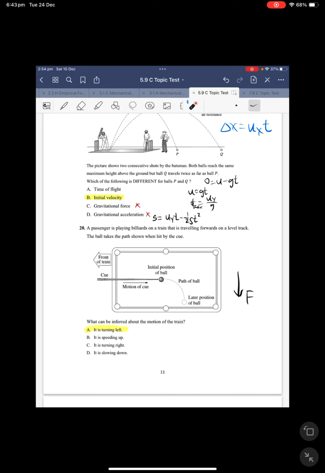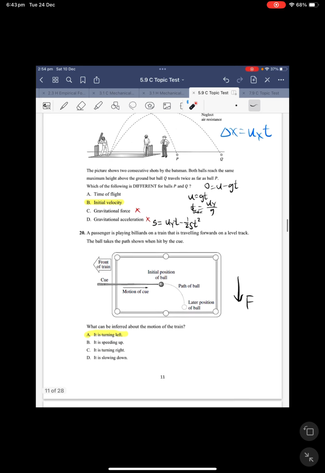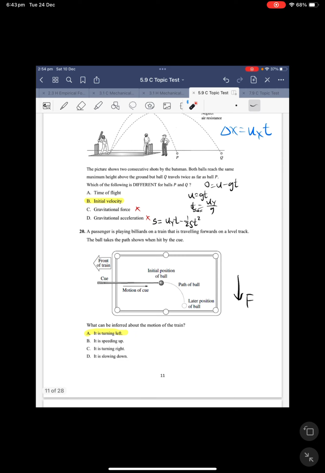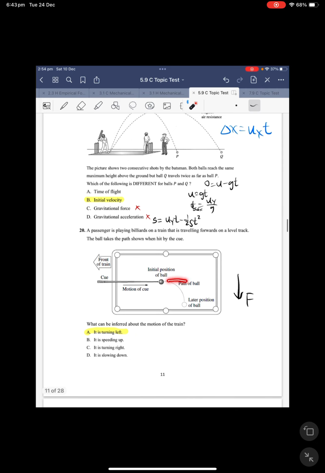But as before, if we are inside the train, we can consider the inertia of the ball, right? So the inertia of the ball wants to keep moving in this direction. So why would it apparently curve in this direction? Well, it's because the train has either moved right or it's moved left, and so the inertia is going to carry it to one of the side positions shown, right? And so if you just imagine that the train turns left,